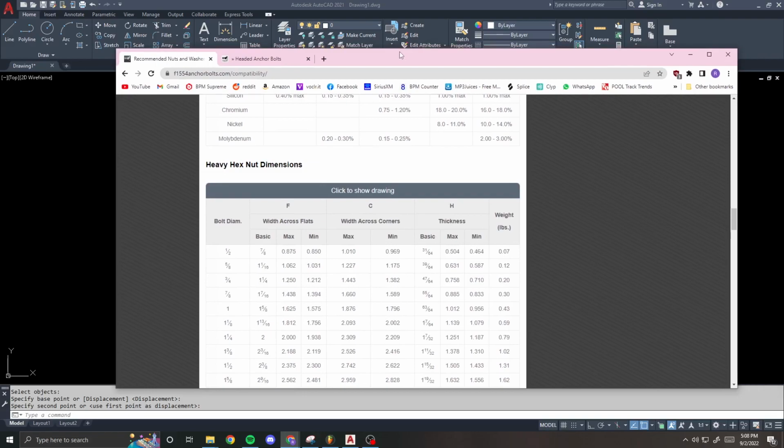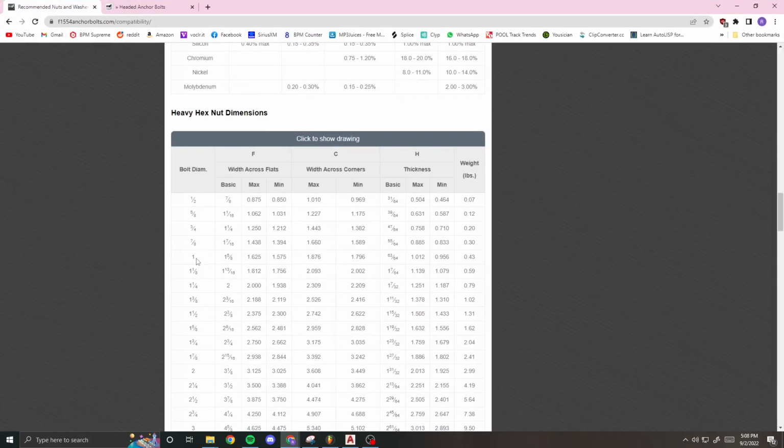Using this chart right here, I can see my dimensions. The width across the flats is what I'm going to start with. I'm going to go with the basic, the nominal dimension of 1 5/8 across the nut, and the thickness is almost always the same as whatever the bolt diameter is. In this case, the bolt diameter is 1. The thickness is 63/64, and they have a min and a max, and basically